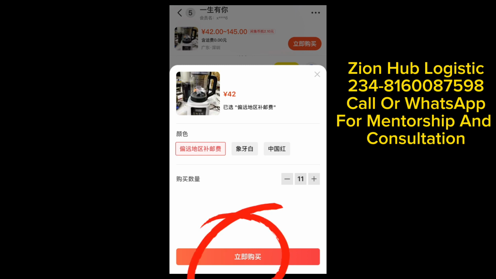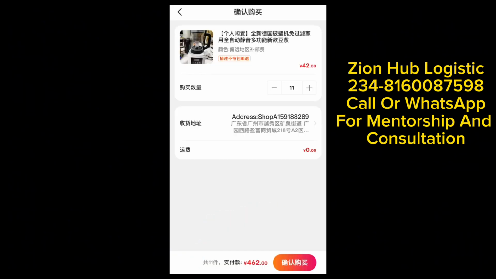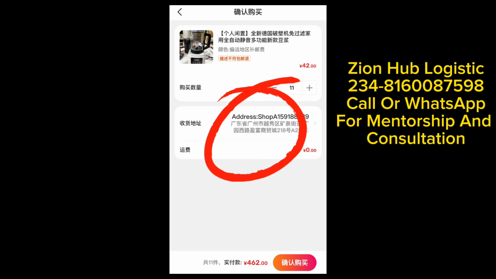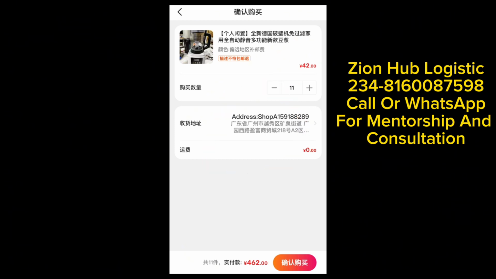So I'm going to click on this red icon here. This is the breakdown of my total amount that I'm going to be paying. So I'm supposed to pay 462 RMB for this supplier, but before then I want to make sure that my shipping address, remember they are not charging us for any local shipping fee on this website. So the next thing I want to do is to click on this mobile my warehouse address to be sure,